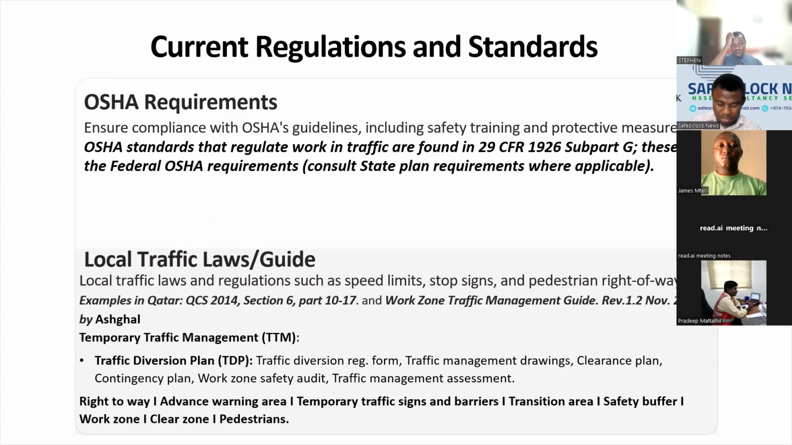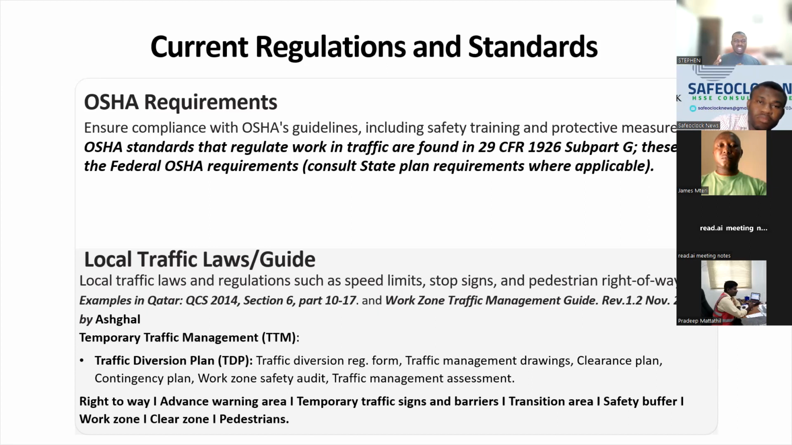All these things are available online, that guide people and companies on what procedures to follow and what is expected to be seen in a temporary traffic management plan. In this document, you also have what is called a traffic diversion plan. So this plan will give you a kind of